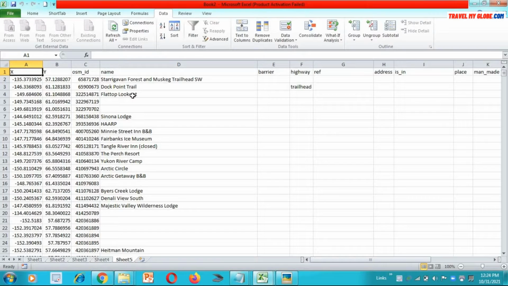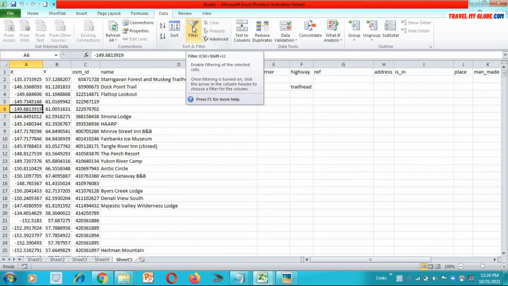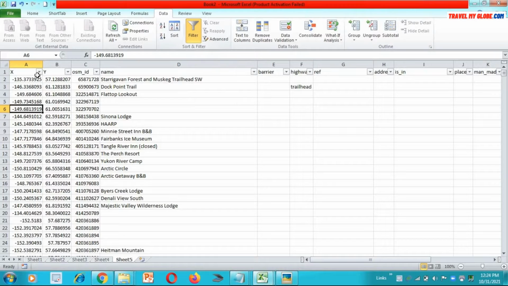If you want to put a filter, you have to do nothing, just go to the Data tab, place your cursor anywhere in the cell in your data and press the Filter option. If you see, the drop-down symbol has appeared on every column. So you can filter your data the way you want.